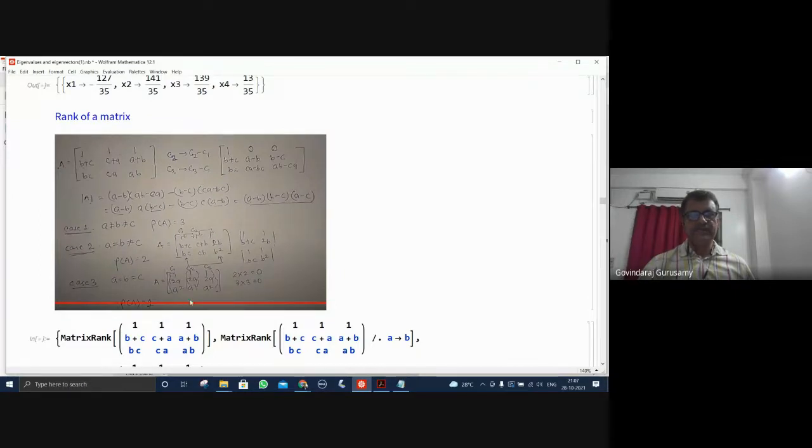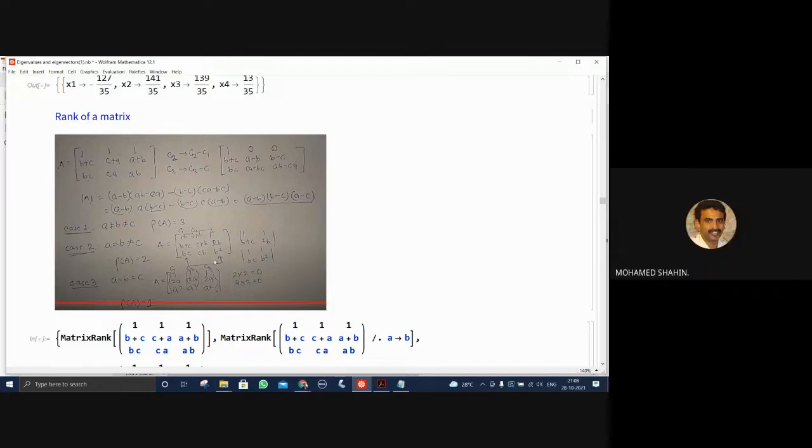You can clearly see here that all the rows are equal. In fact, C1, C2, all the columns are equal. See, 1, 2a, a square; 1, 2a, a square; 1, 2a, a square by this condition. Here you would see there must be two of them: B plus C, BC, CB. You see BC, CB. These two of them are equal. They're different. Are you able to see that? This is what happens.